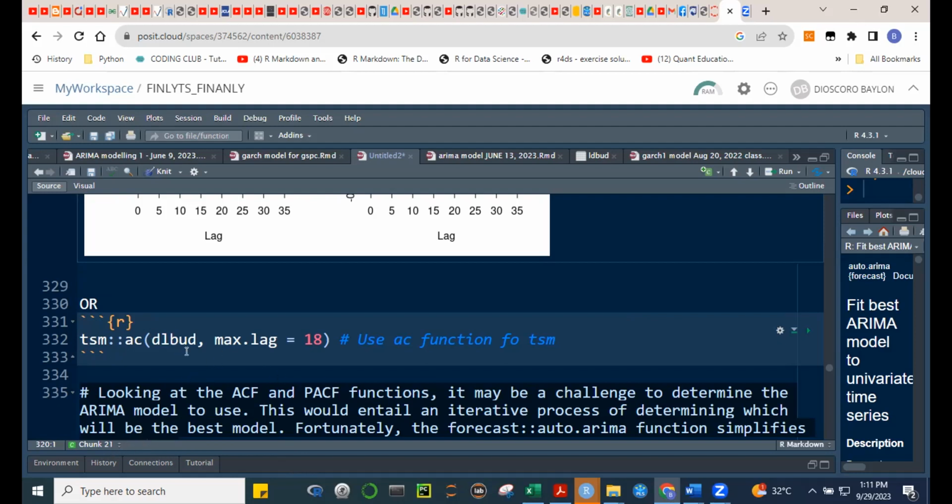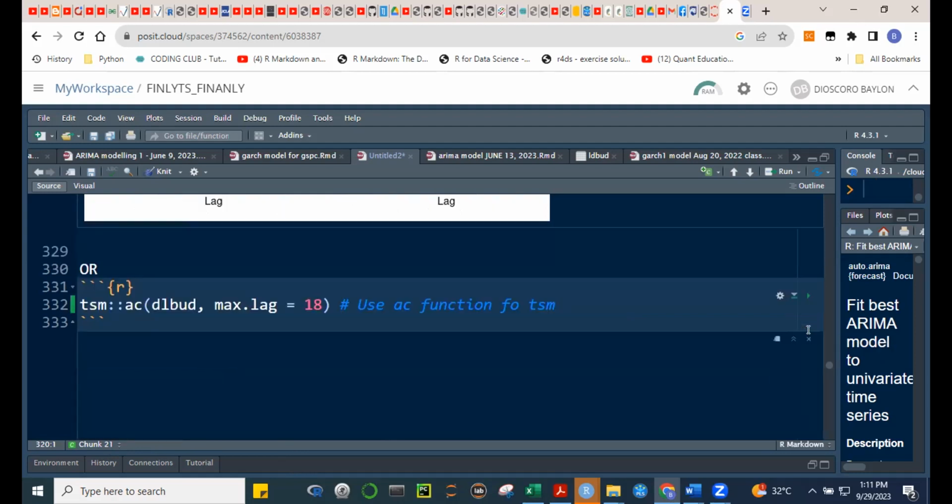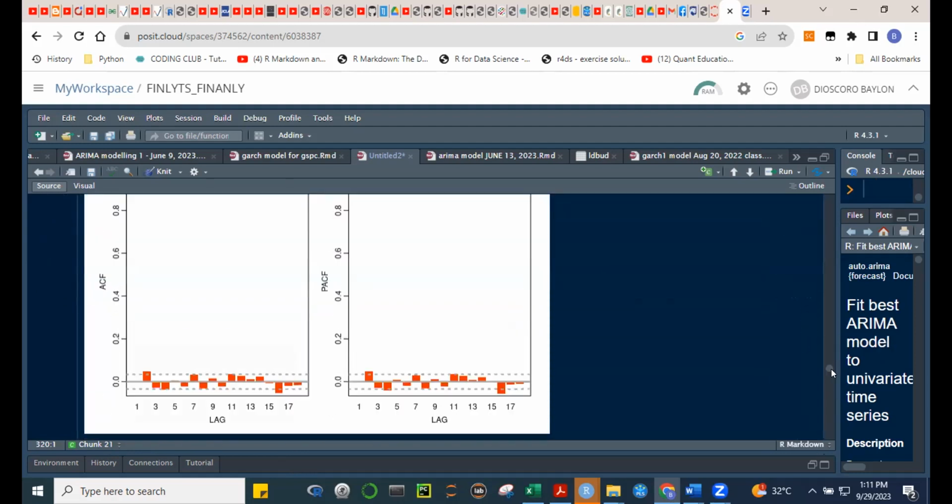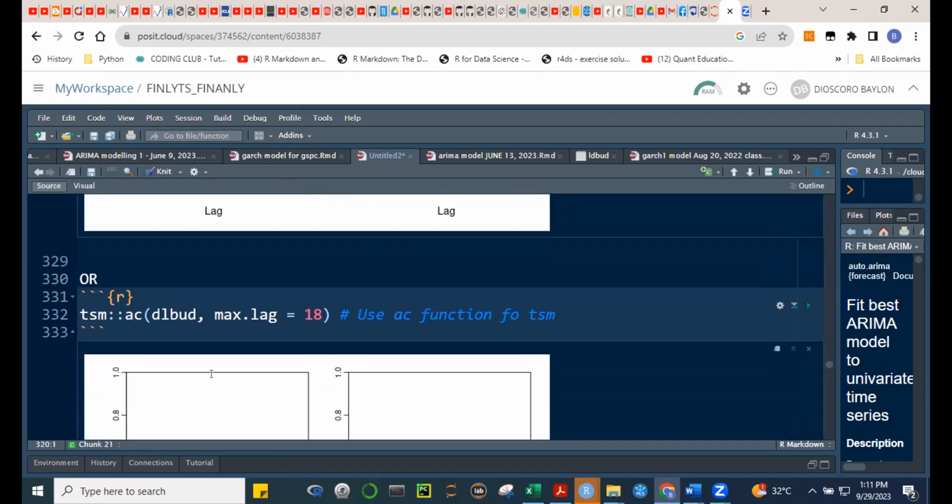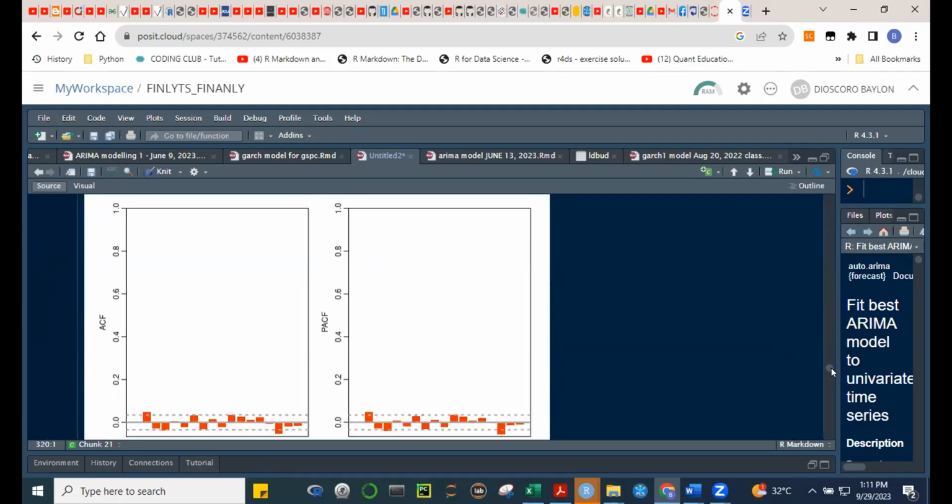Remember, class, we're using the DL-BUD, the difference and log time series, which is technically modeling the returns of BUD. If I run this, then we have this. The disadvantage of the AC is that, although it's in one plot, it's too small to look at